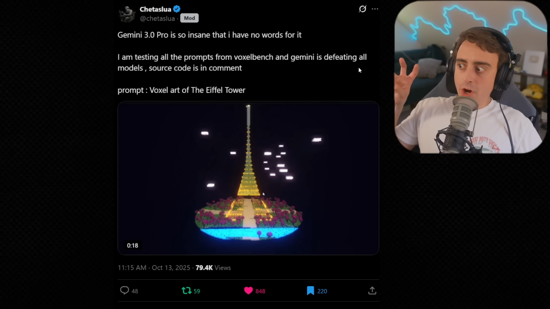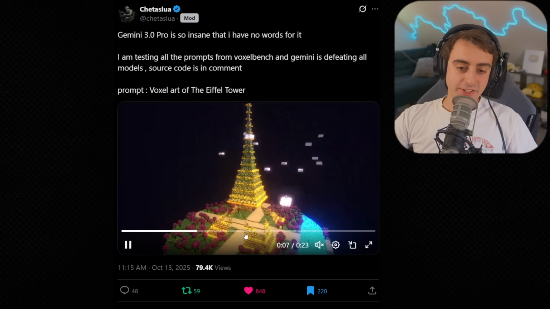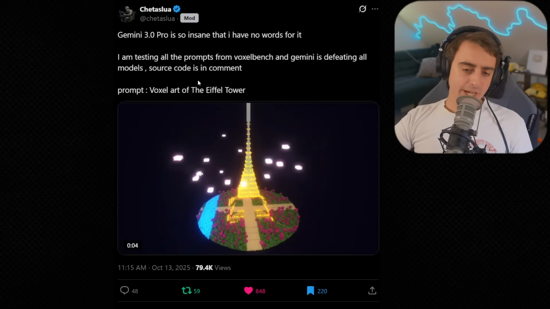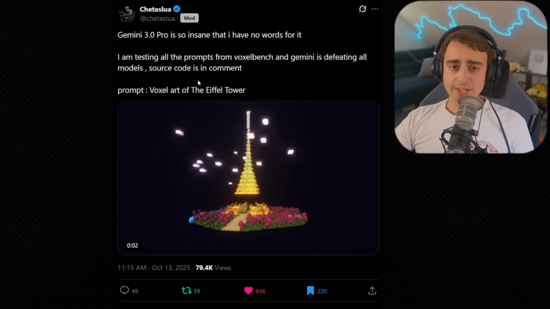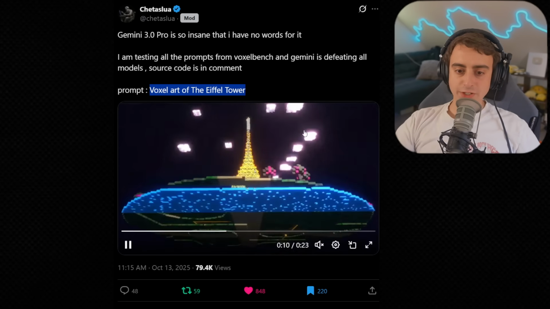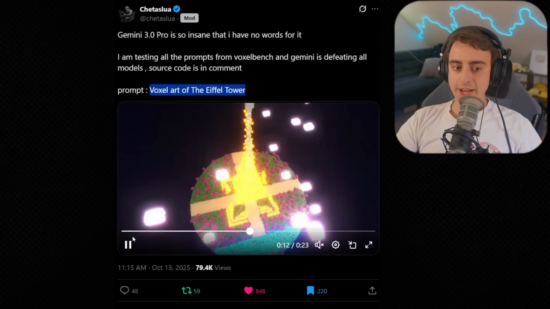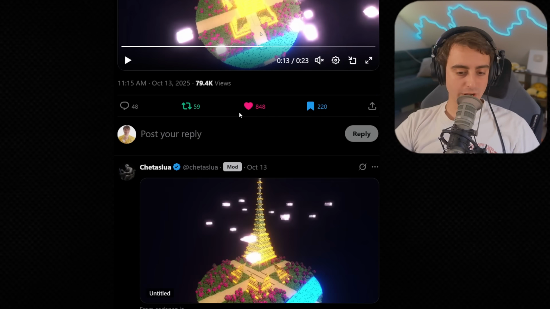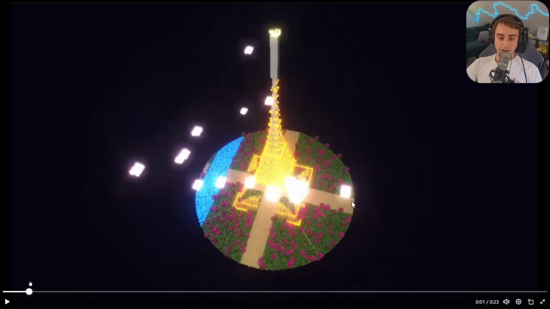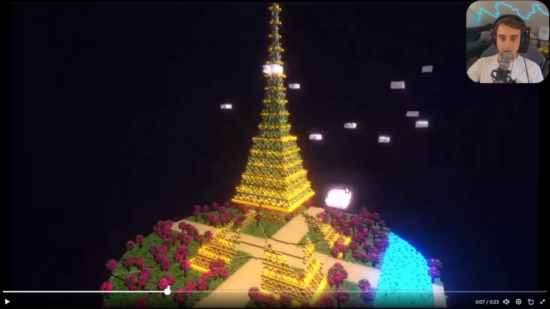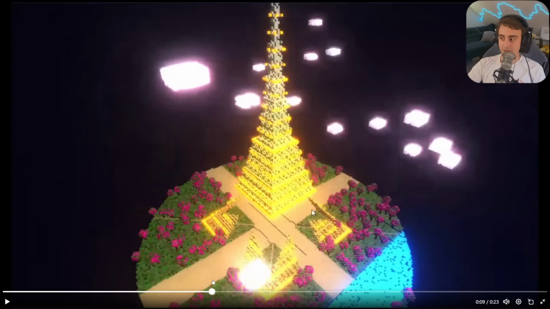There is no 110% confidence that this is Gemini 3.0, although it's extremely likely. Anyways, this example is making the Eiffel Tower out of voxels. The prompt here is literally just 6 words, and this is the output that you get. No mention on whether or not this is one shot from the model in this particular example, but there is no denying that building the Eiffel Tower out of voxels with just code is an incredibly impressive feat for an